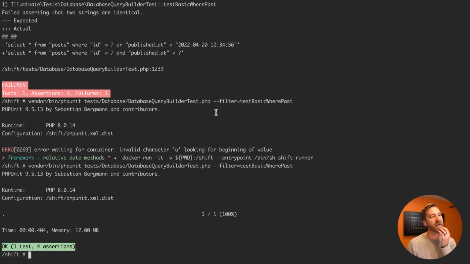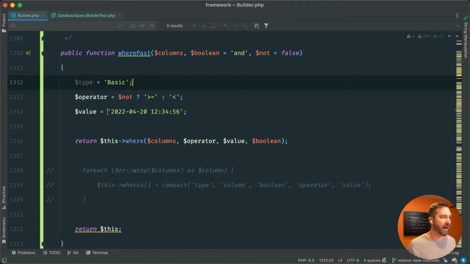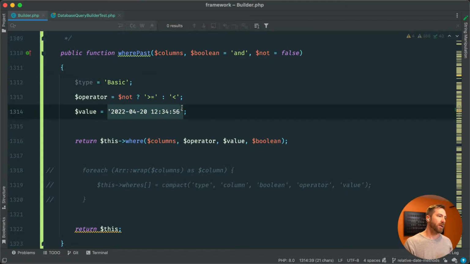It does. Okay. So this all works by delegating it down to where, but again, we may not want to end up delegating it because we don't really want to support other things other than just straight columns. So I think now the last thing to figure out is how can we kind of tinker with Carbon here? So I think the thing to do would be something like Carbon